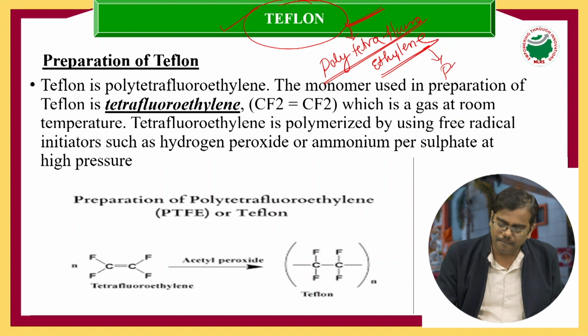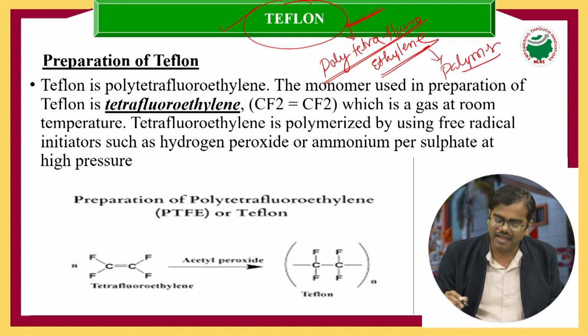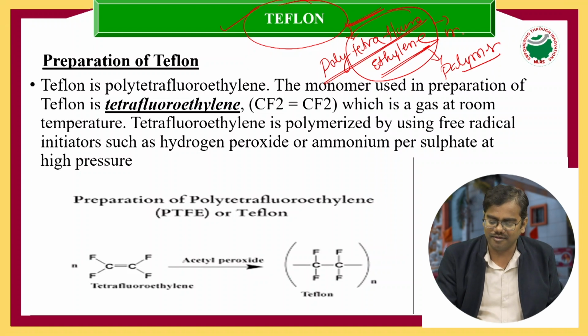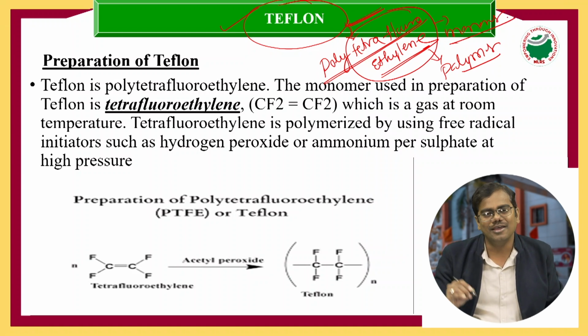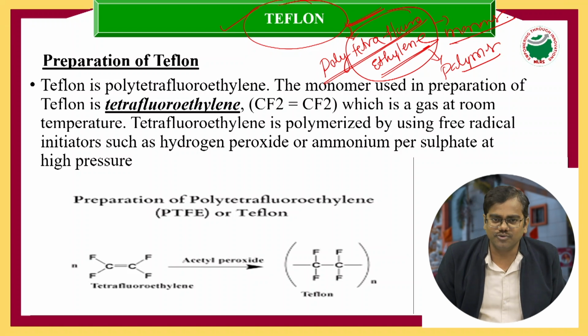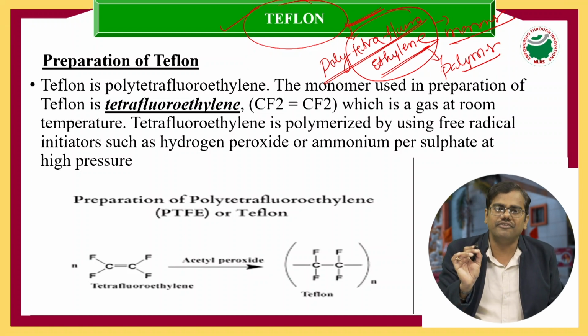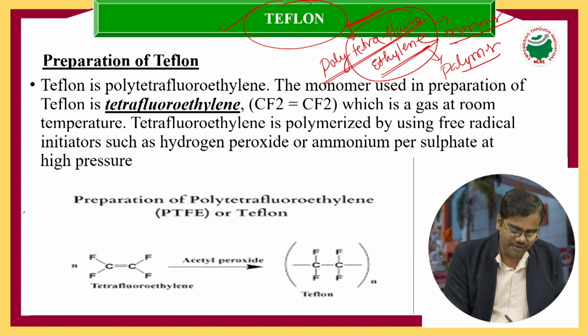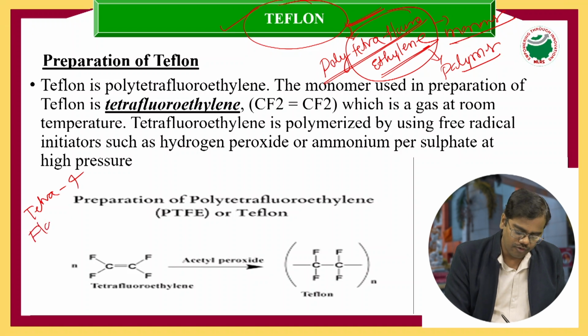polytetrafluoroethylene is the polymer, and tetrafluoroethylene is the monomer. So my dear students, for the preparation of Teflon, what is the monomer we are using? That is tetrafluoroethylene. What is the meaning of tetra? Tetra means 4. Tetrafluoro means four fluorine atoms. Ethylene, that is nothing but